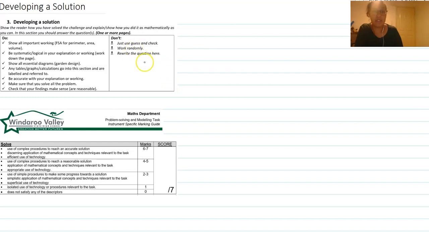Okay, so in this one we're looking at developing the solution. What you're doing here is that you would take your plan and you would develop your solution. So you would have your title, and as you go through, develop a solution. Remember, in this section you're going to include things like